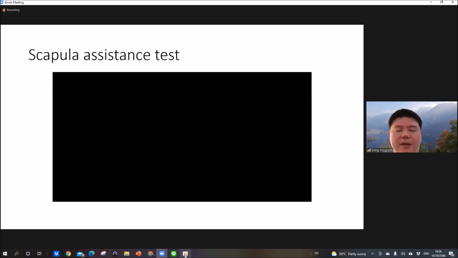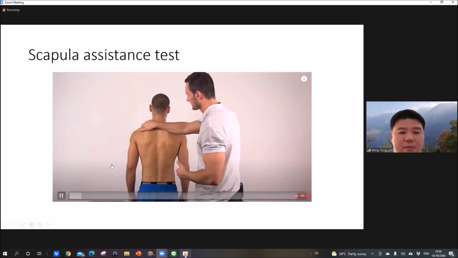If the patient has pain or reduced movement, we do the test. If the patient's pain or range of motion improves, it means the test is positive. The second is